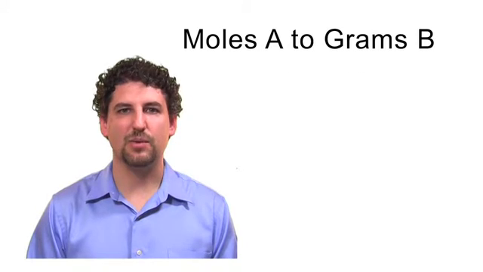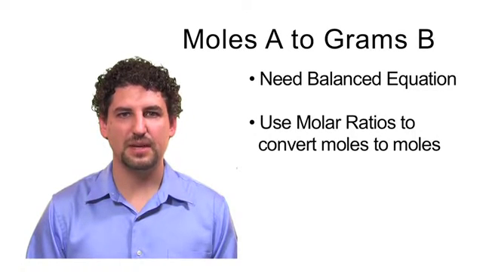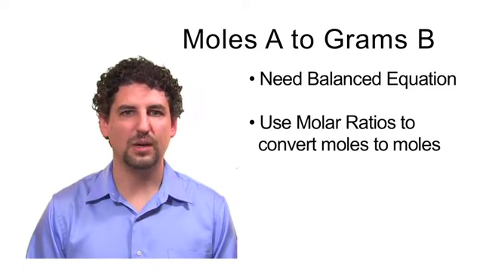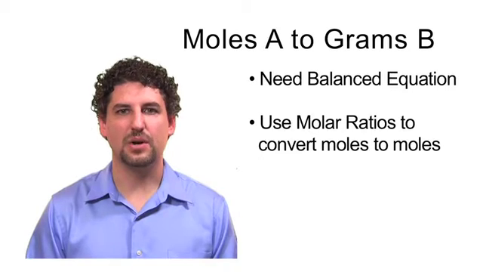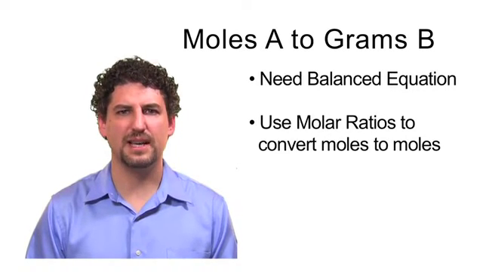Alright, second thing is that once you have the balanced chemical equation, those coefficients represent the molar ratios. So now you know if substances are related like 2 to 1, 1 to 2, because those coefficients reflect the molar ratios. You also need a periodic table, because if you're going to look up masses, you really need a